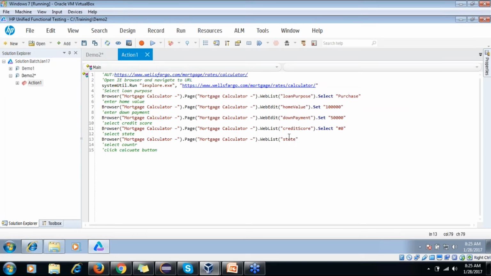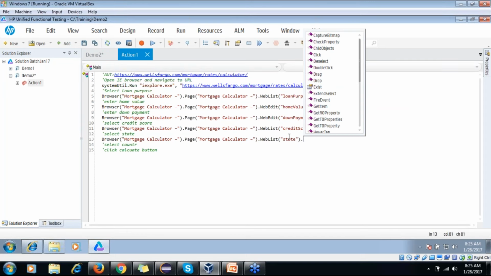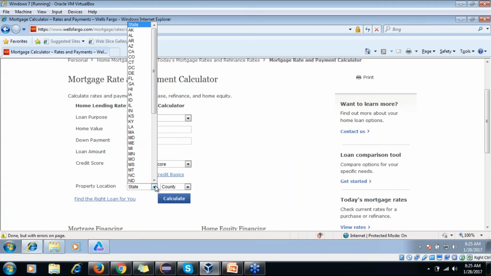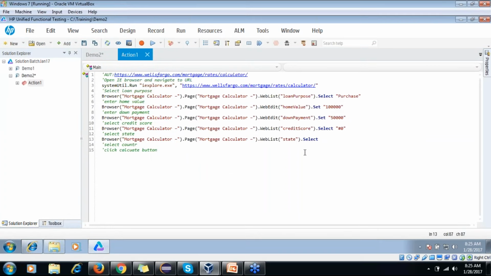So let's select state, and here we can give name. What is the state name? Any state name we can take, like DC.